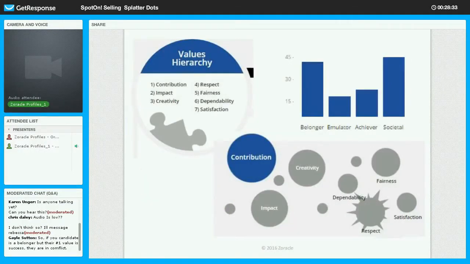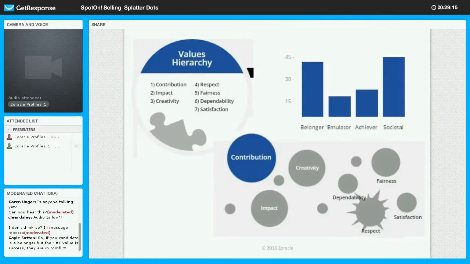Let me give you 2 kind of squirrely, goofy ones that might be going on here. Here are 2 examples of prospective franchisees that have only 1 splatter dot. In this case, it's respect, which is number 4. And Gail is already sort of figuring this out pretty quickly. We notice this guy is a societal belonger. Respect as a whole is something societals naturally receive. It is not something that they go in search of, nor is it something a